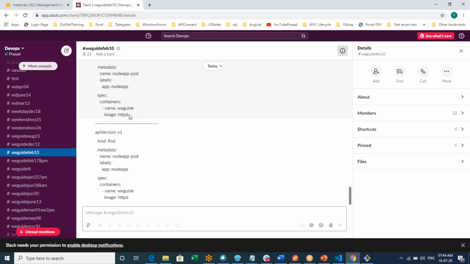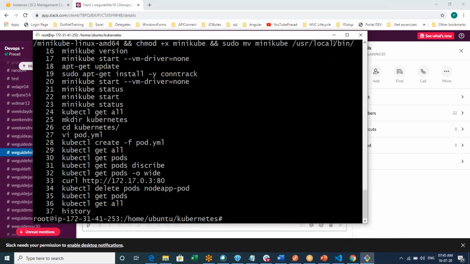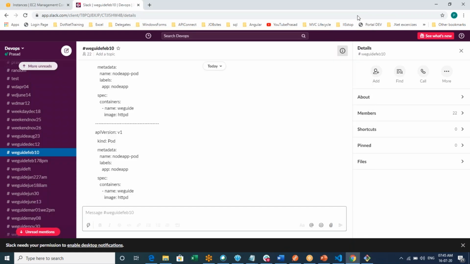I can again separate it, I can have one more hyphen with name and then one more image, like this. Okay, thank you. Yeah, so try to execute it and create a pod. Later on we'll move to the replication controller.